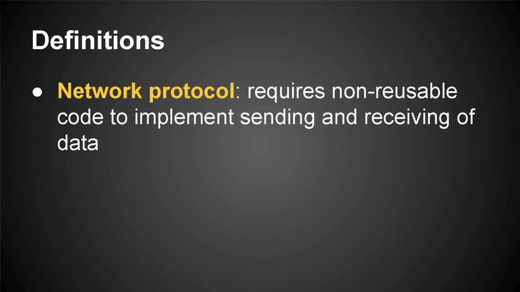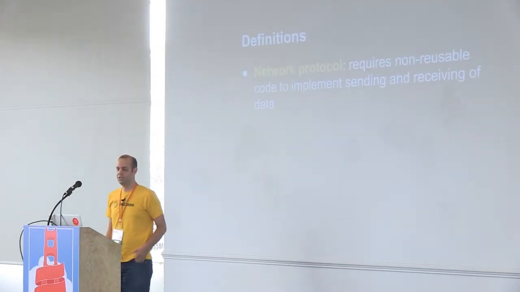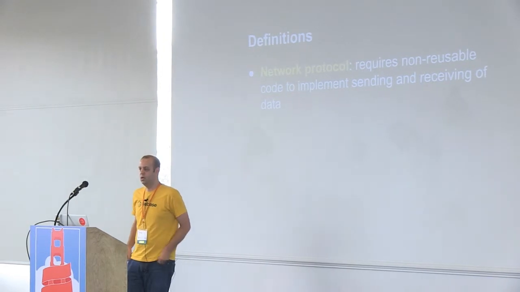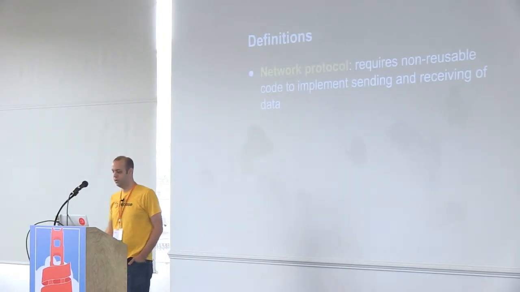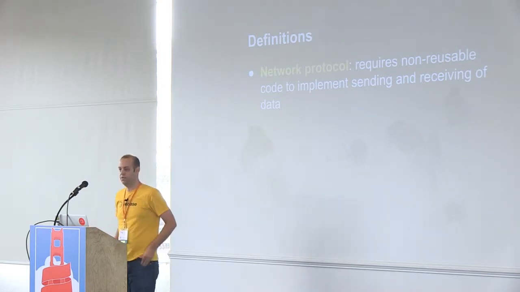Before we start, I just want to cover a couple of definitions so that we're all on the same page about what we're going to get out of this. The first being network protocol. I'm intentionally being pretty generic here. I'm not tying this to a specific level of the OSI stack. This could be UDP versus TCP, or it could just be REST versus long polling over HTTP. The important part is that you have to follow a different code path to send the same message to two different clients. Basically, you have non-reusable code for that same message.